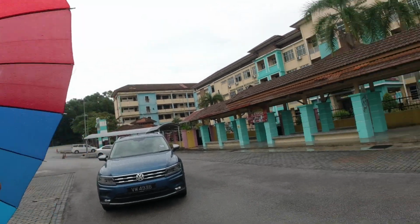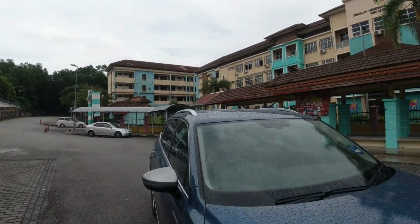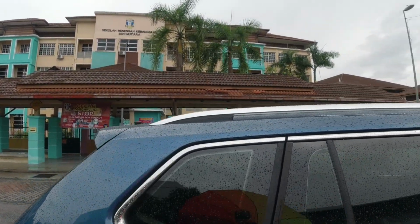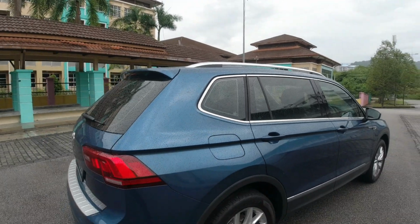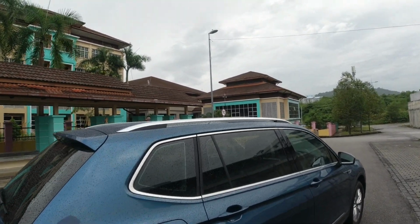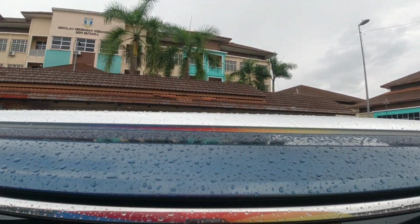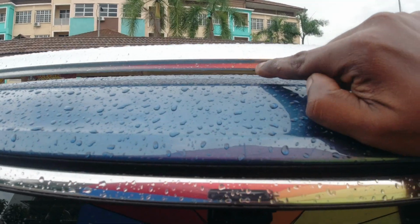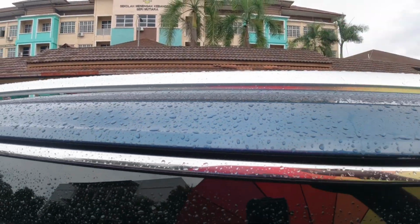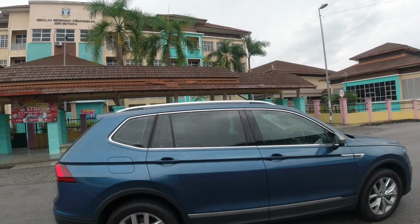On the top there, you've got those rails. Those rails also caught my eye. These are chrome roof rails, and I think the color combination from the bottom to the top is a good set-off. Normally, I'm not a fan of rails that don't work, but these are actually quite functional. We see in the corner here there's a small lip, and they sell brackets so you can actually mount on this, and they go across to put your bikes, your kayak, whatever you need to be a